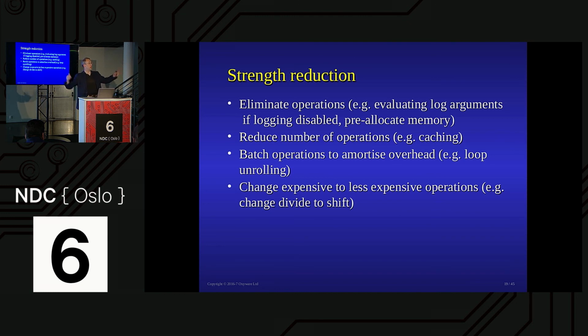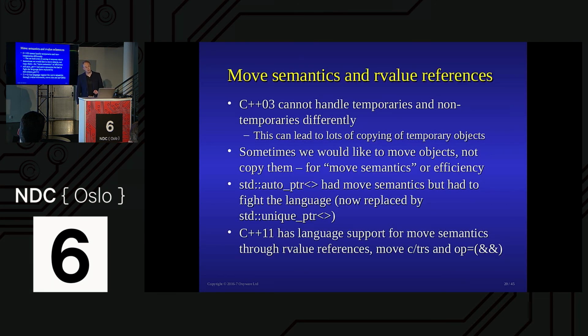I can roll them up together as a batch and say, why am I allocating one integer at a time? Vector, for instance, puts them all together and says, I'm going to allocate a chunk of these, and next time I'm going to allocate twice as many. So the overhead of memory allocation of vector is amortized across that. Loop unrolling is another example of reducing the overhead of the test on the loop. How do you reduce these things? They're classic ones. The old divide to shift thing. Andre likes this one, so strength reduction is one of his big ones, and so I will mention that there.